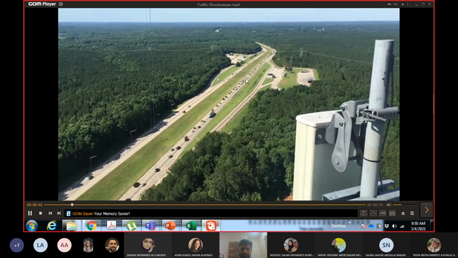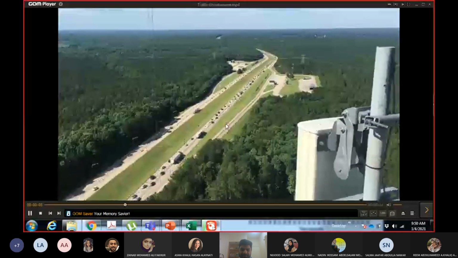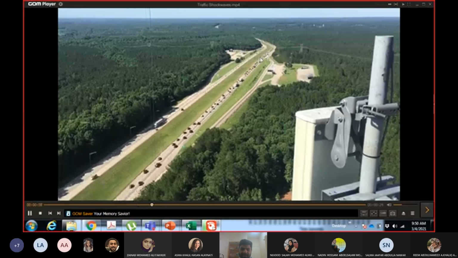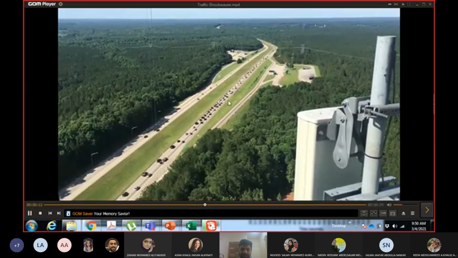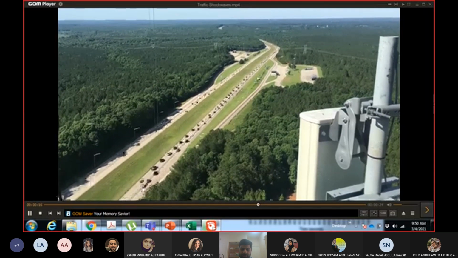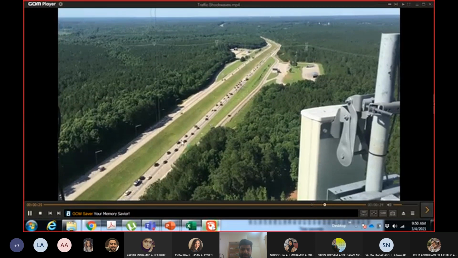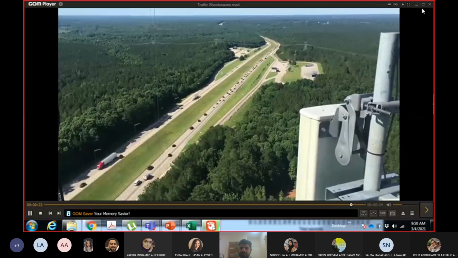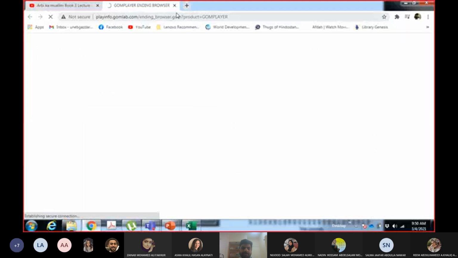Okay, I play it again. See, shock wave is here, then it's here, then it's here. Now it's here. Okay, and then you will see again accumulation here. See, shifting. So one driver did something at this point which caused a shock wave here. Then the shock wave traveled and it shifted its place from time to time. Okay, so this is how shock waves happen on freeways. They happen randomly.